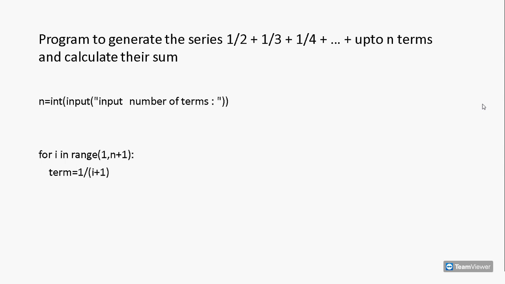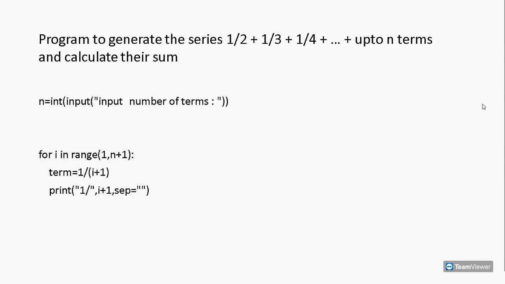So, if we assign a value of 1 divided by I plus 1 to any variable, then that would be the actual term of the series. Let's call that variable term here in this program. The value would be calculated as per the formula and stored in the variable term. But this would be a floating point value as the calculation would result into a fractional value which would be represented by a real number.